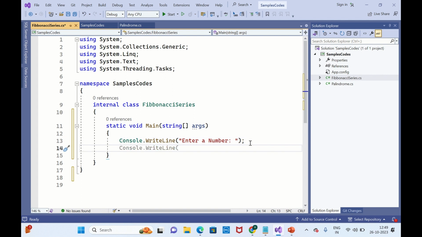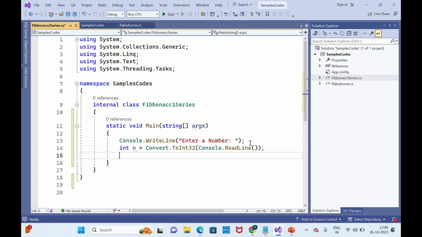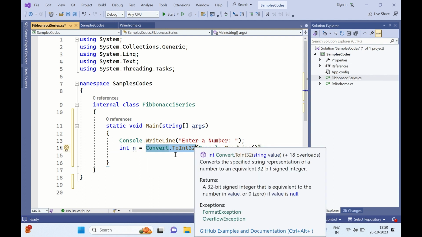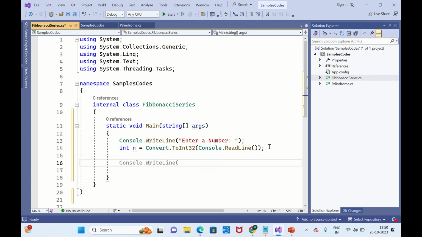Enter a number. So the user will enter a number that I'm storing in a variable int that is n. So the input should be converted as integer. For the string, it is not required, but to read the input as an integer, we need to write this line Convert.ToInt32,